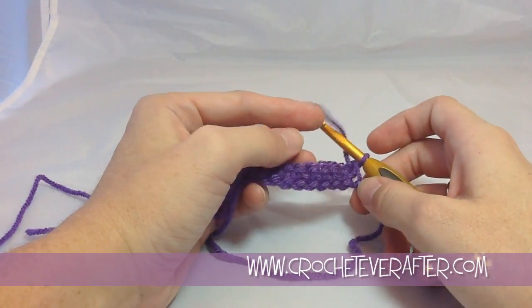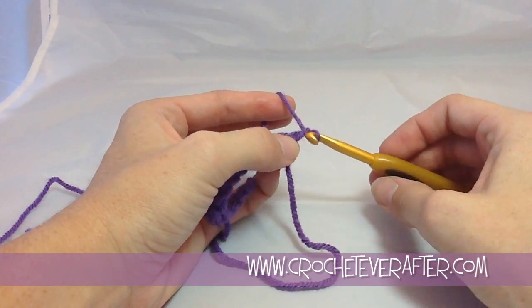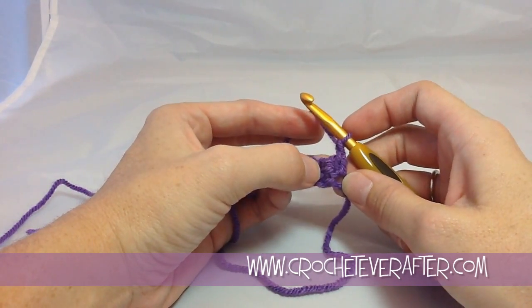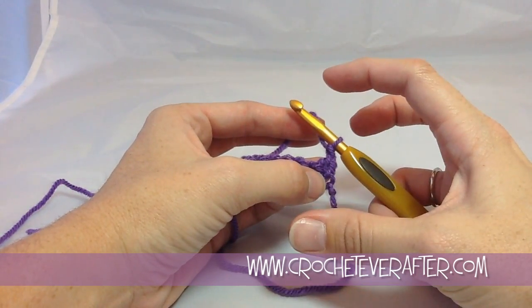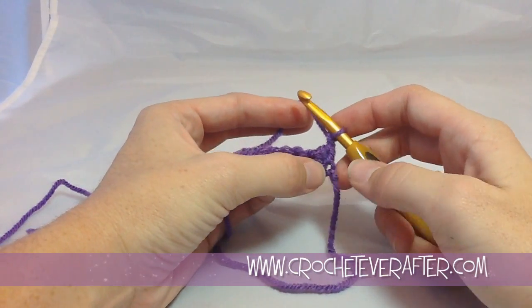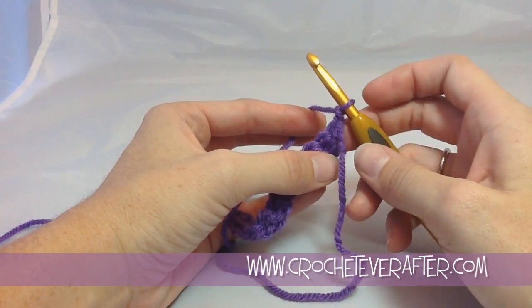So to do this, you're going to yarn over and make a chain, because you always chain one at the beginning of your round when you're single crocheting, and that creates the correct height so that the edges of your work aren't scrunched down. Next, you're going to look for the two loops that you need to insert your hook